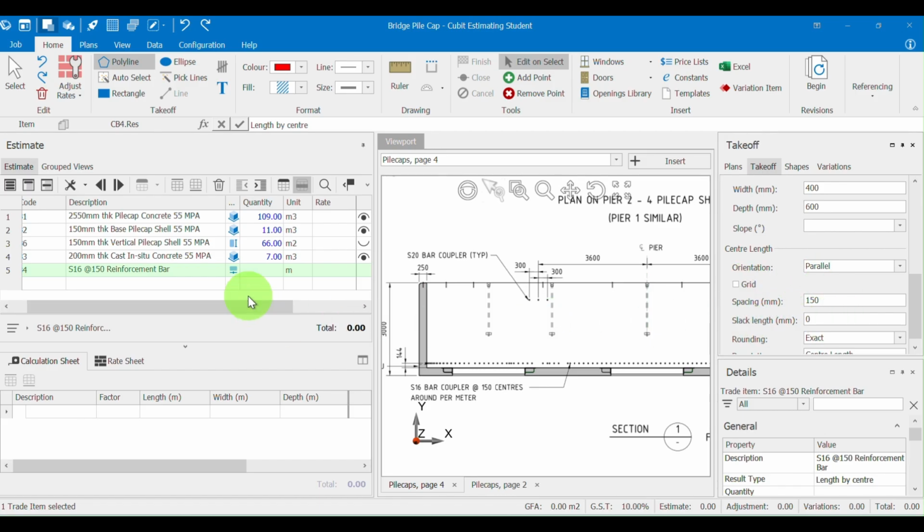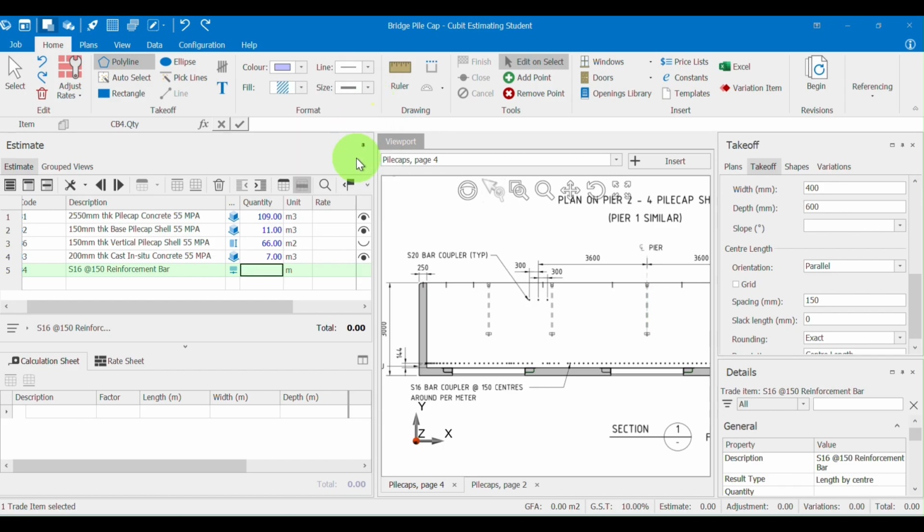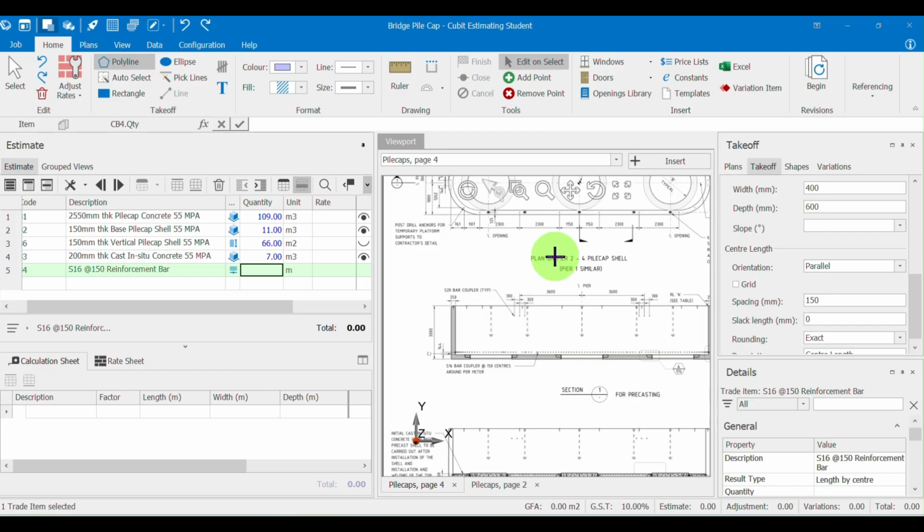Okay, and then click the item and the polyline. We change color to green, blue, and